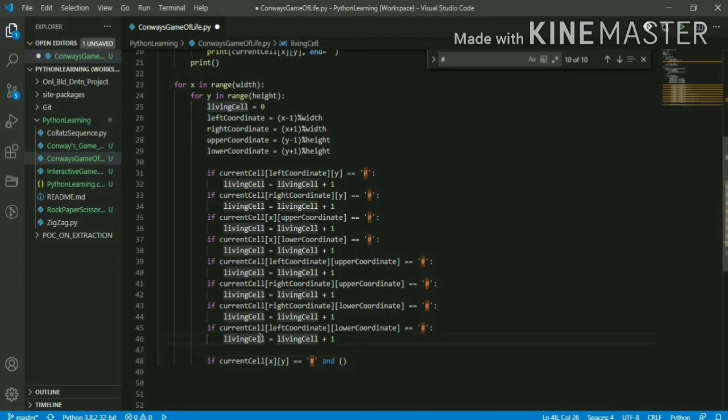How to write this in a coding language? Let me copy this variable. Yeah. So if this is equal to 2 or this is equal to 3, okay, then